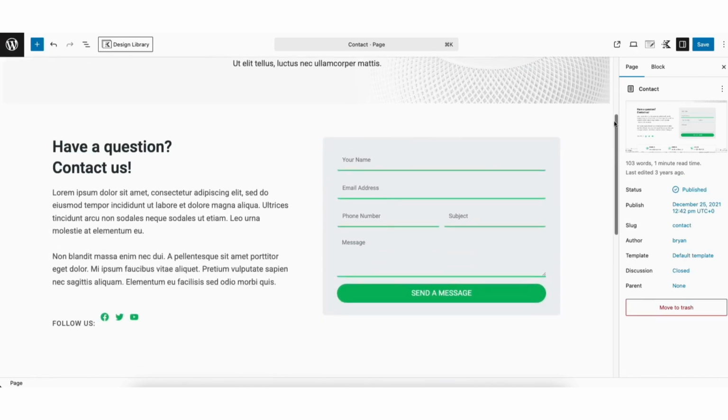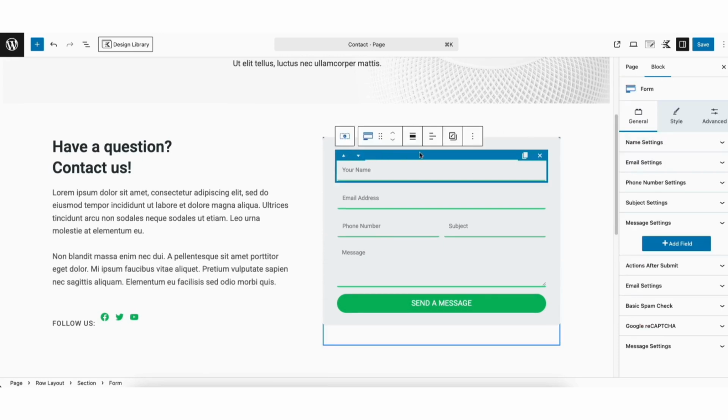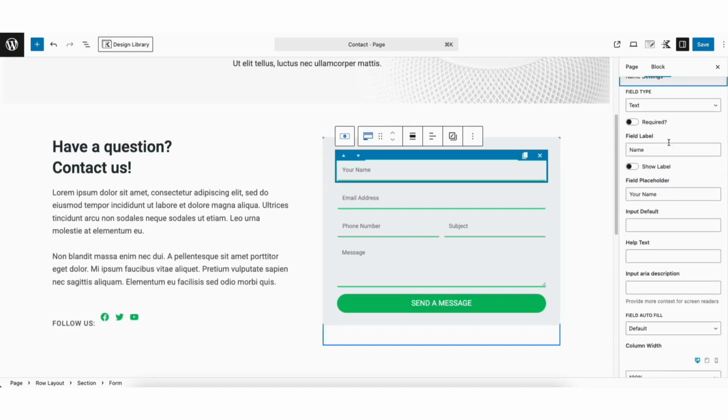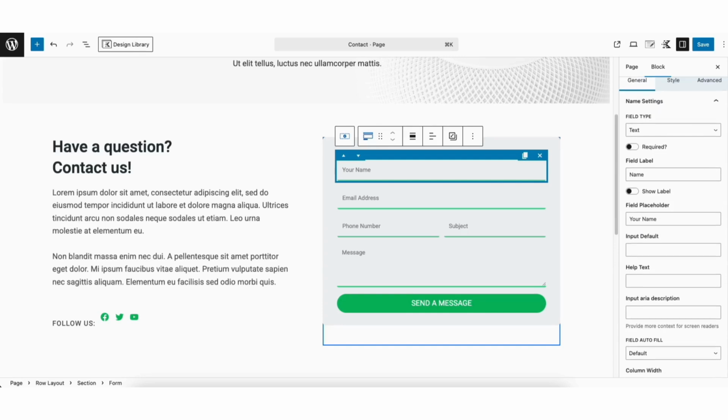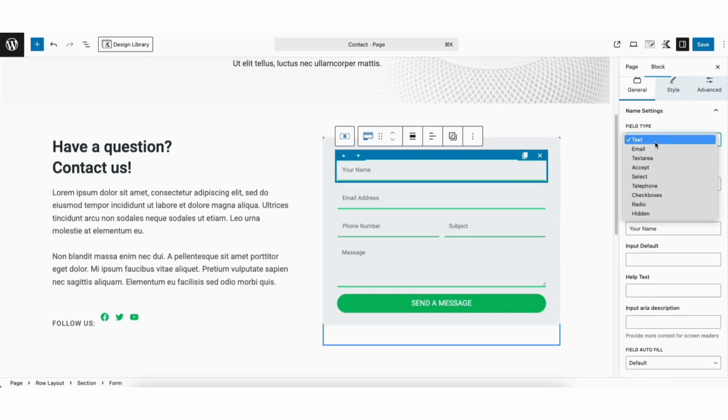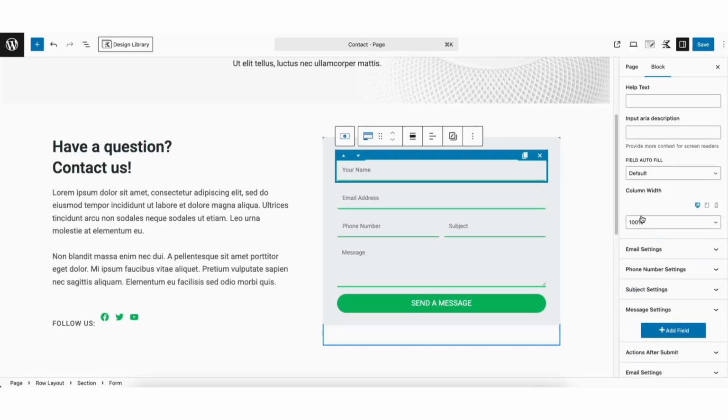To edit the contact form, click into the form. Over to the right, under General, you'll see each of the settings with settings after it. Click one you want. Under Field Type, from the drop-down, you can change the field type to what you want. You can make the field a required or not required part to fill out. You can change the field placeholder. You can add a help text if you'd like. Under column width, from the drop-down, you can change the size of the column for that field to what you'd